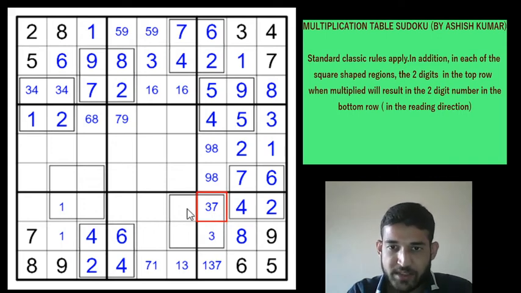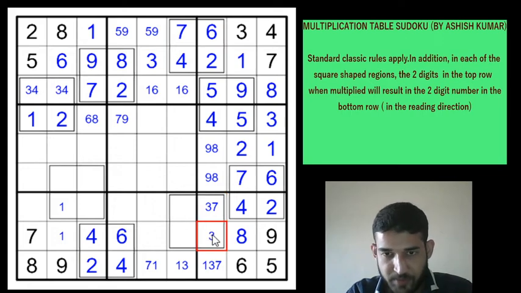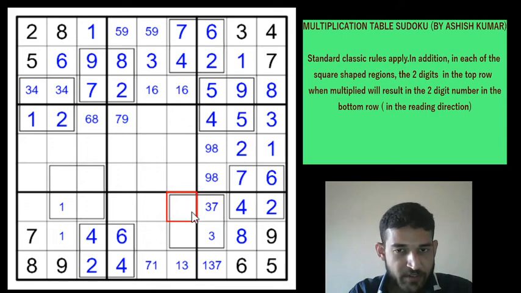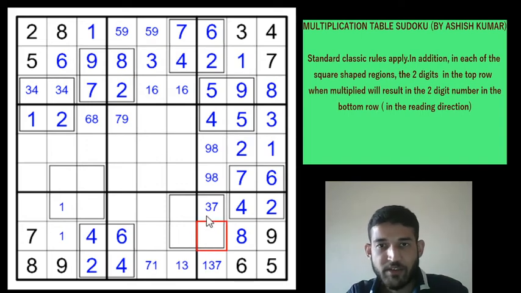Now can you multiply 7 with another digit, which gives you a units digit of 3? 7 and 1 is obviously not possible. 7 and 2 is 14. 7 and 3 is 21. 7 and 4, 28. 7, 5, 35, not possible. 7, 6 is 42, not possible. 7 and 8 is 56. 7 and 9 is 63. Okay. When you multiply the 7 with the 9, you get the units digit of 3. But 7 multiplied by 9 will give you a 63, right? But you have a 6 here. So obviously this means you cannot have a 3 here.